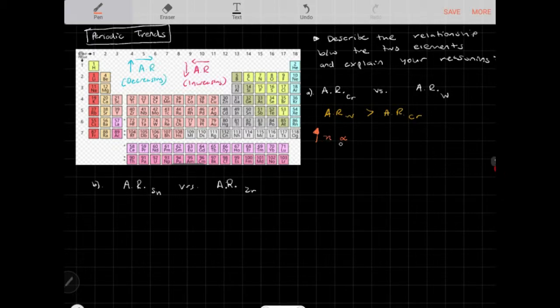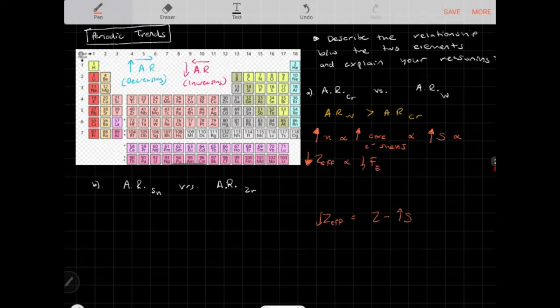The shell number increases, which is proportional to an increase in core electron shells. Okay, so if we have more core electron shells, this causes an increase in the shielding effect. Recall that the effective nuclear charge is nuclear charge minus shielding. So shielding increases, the effective nuclear charge decreases. So because the shielding increases, the effective nuclear charge decreases, and when the effective nuclear charge decreases, then the force